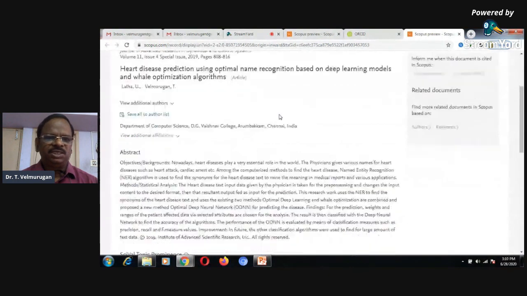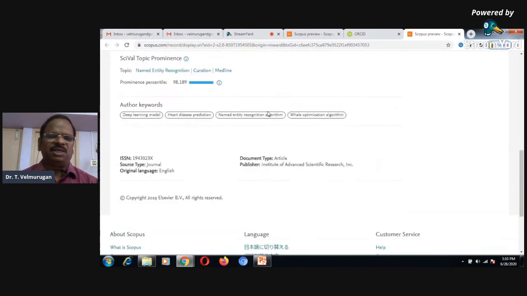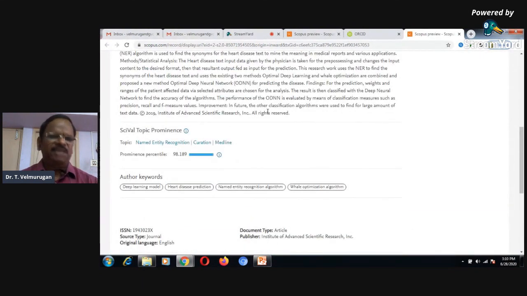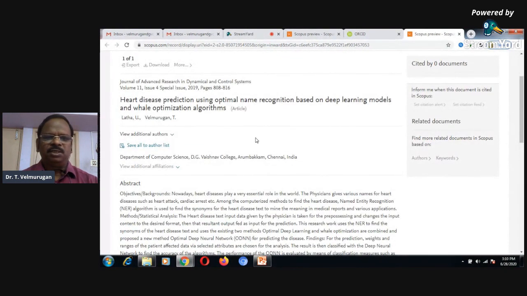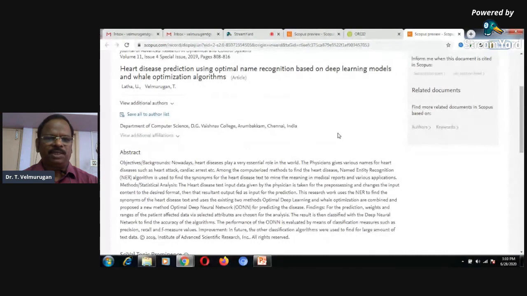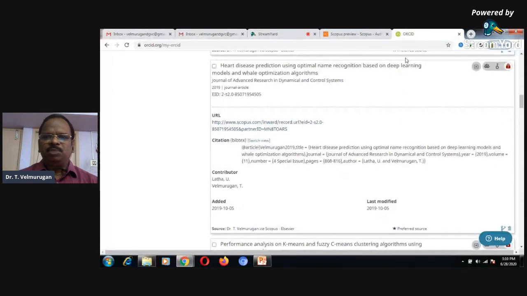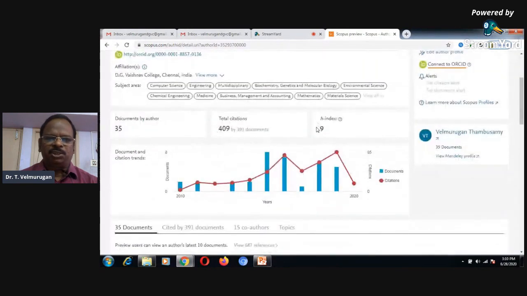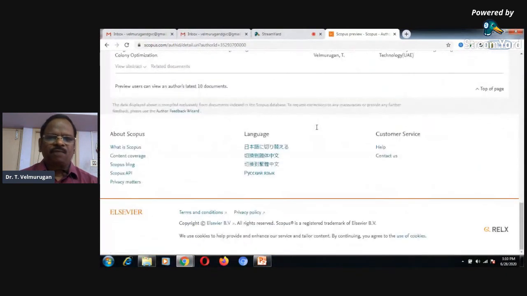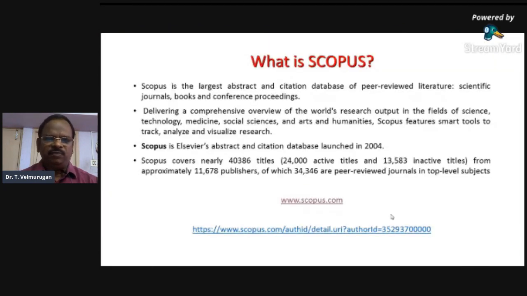For each and every article, there is a separate link, a separate number available. So we can easily find it. For any single article, we have a link, an individual unique number assigned in the Scopus database. You can download, or take a printout of this page. You can submit it to the university. Very simple. Simply we can identify how to add your Scopus files into the ORCID database. We simply learned something about this kind of information.